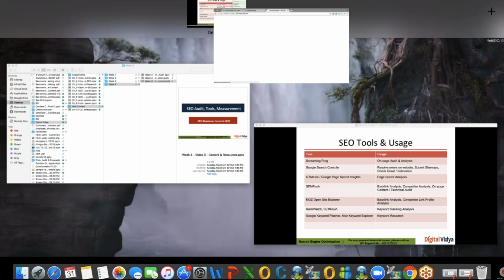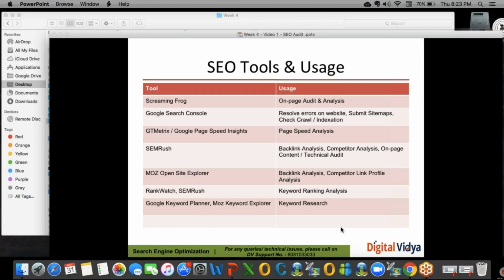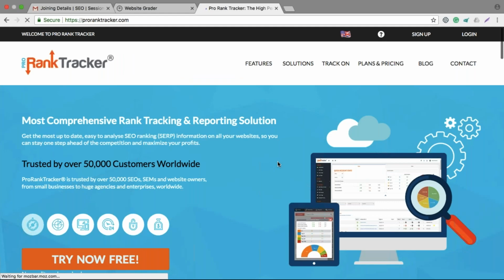This tool will help you to check the ranking of your keywords. Now, if you're working on one, two, or maximum three projects where you have to check ranking for say 20 or 30 keywords, it's very simple. You go manually and check those keyword rankings on Google by searching them.